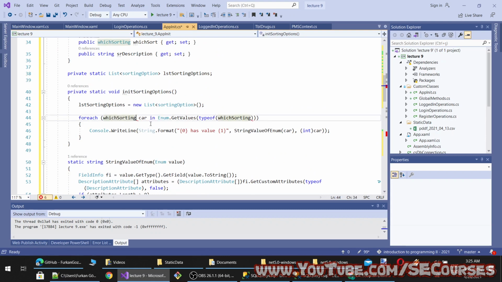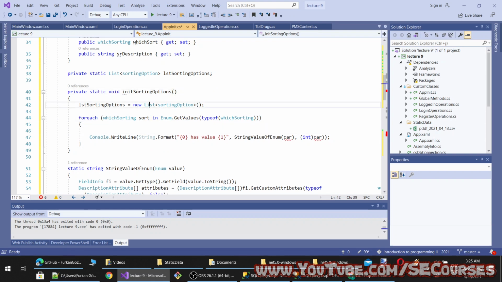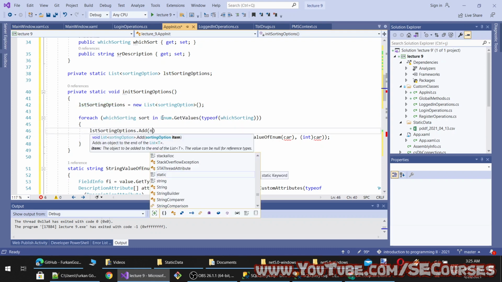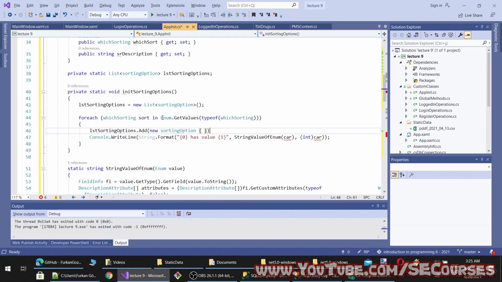Okay, typeof WhichSort. And here what we are going to do is add new elements to our list, new SortingOption item. Okay, here we will have description. So the description will be the string value of sort, and WhichSort will be equal to, I think, just sort. Yeah, it should work like this.